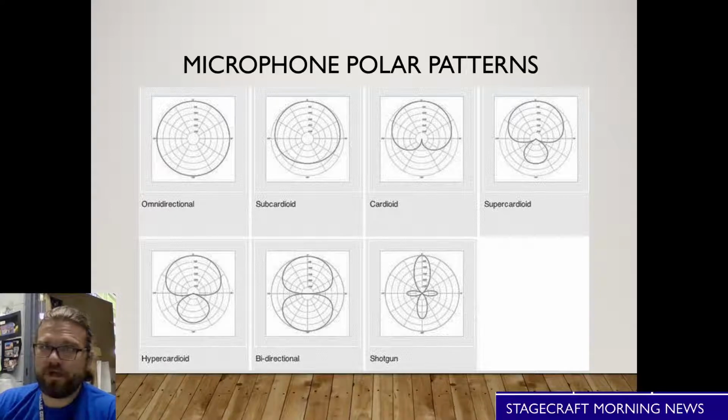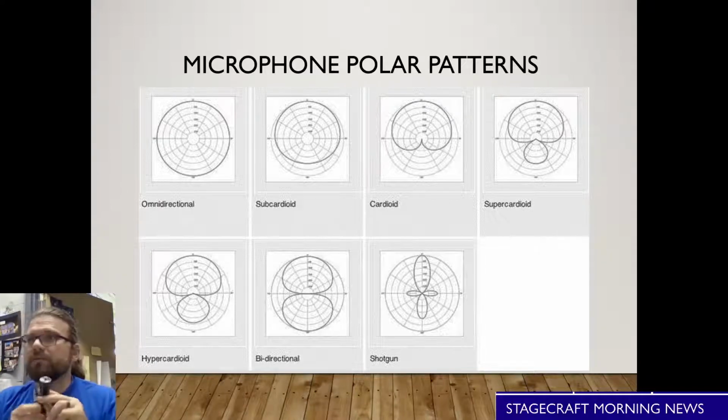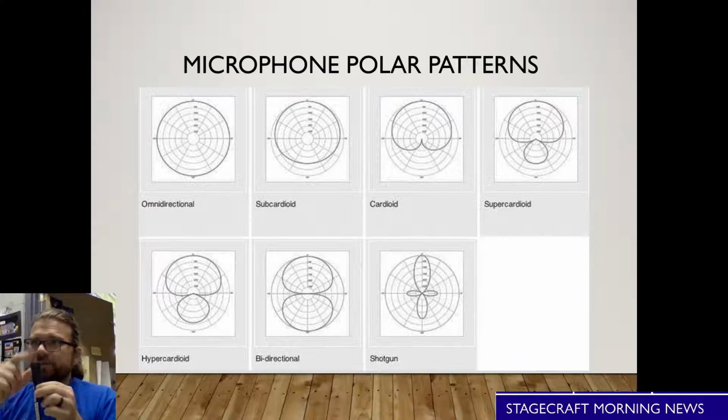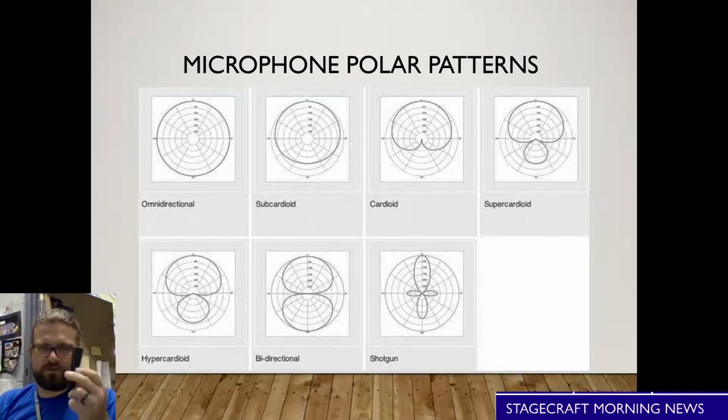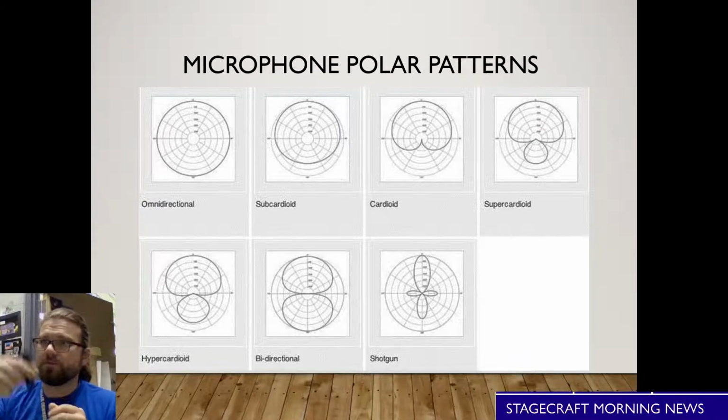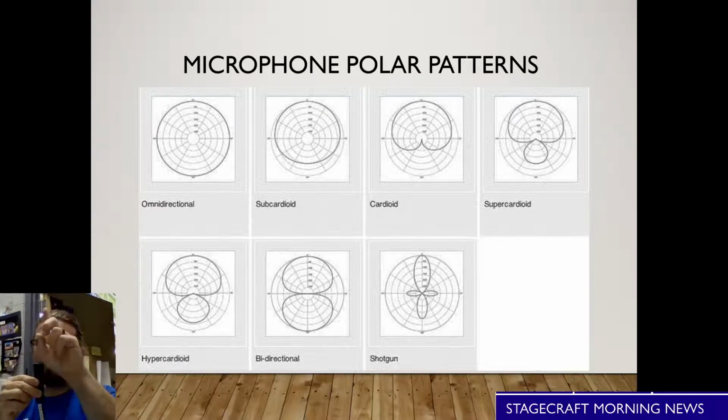Polar patterns are how the microphones pick up. An omnidirectional mic will pick up all around it. So I should have brought a mic over here. Oh well. So let's say this is a mic. This actually isn't a mic. It's a little thing you screw into the bottom of the Zoom to put in a mic stand. But let's say this is the top of the mic. In the Omni, it will pick up from the top, from the bottom, from the side, left, right, up, down,